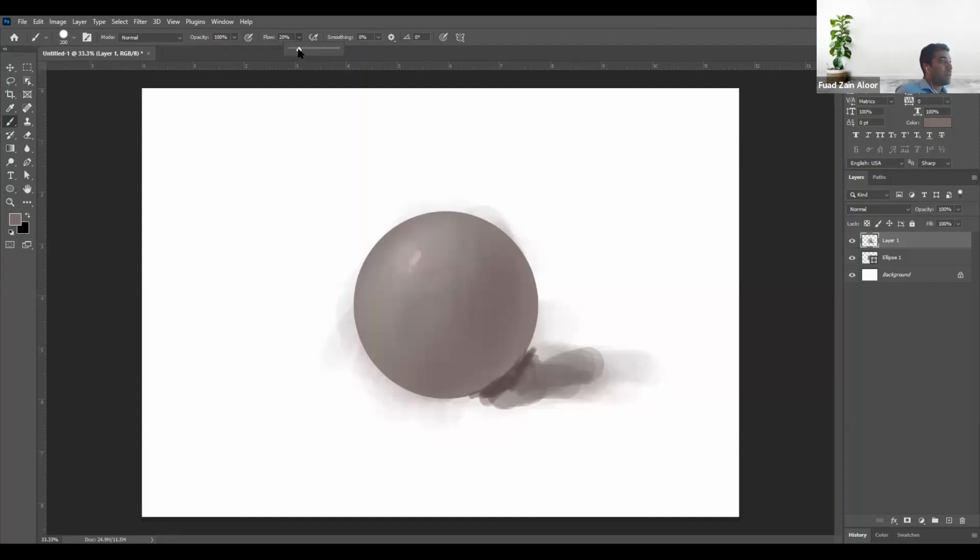So I just created this today for just a demonstration. Here we consider light coming from, especially for medical illustration, we consider light is coming from this side, and we consider the cast shadow is over here. And what we're gonna do, we create different layers. On the first layer,